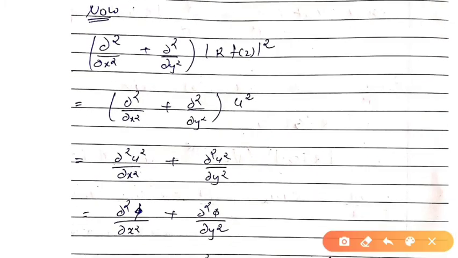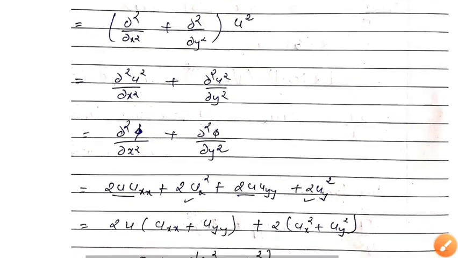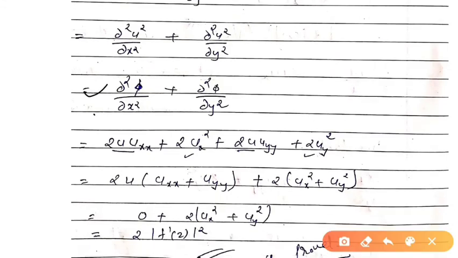Okay, so see, this was our function on the LHS side. In place of this whole term you can write u square. Again in place of u square you can write phi. Now I will multiply phi with this bracket. So you get here del square phi upon del x square and del square phi upon del y square. Now I will put both the values from the above solved equations in this equation. Now see, from this term and this term I will take 2u common. So you get uxx plus uyy, which is equal to 0.